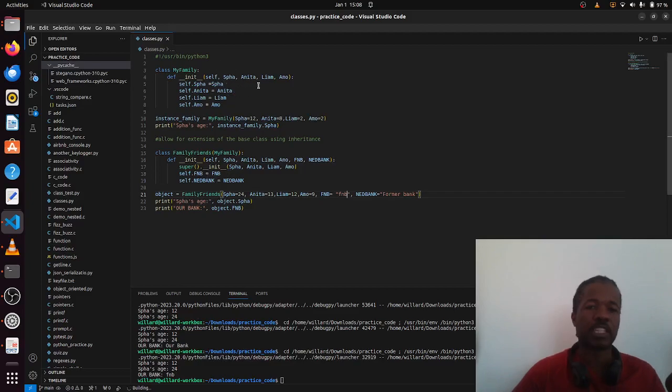Maybe he has gone up, is now 24, he was 12. It just shows code reusability and flexibility, as we have shown. So without much ado, let's head over